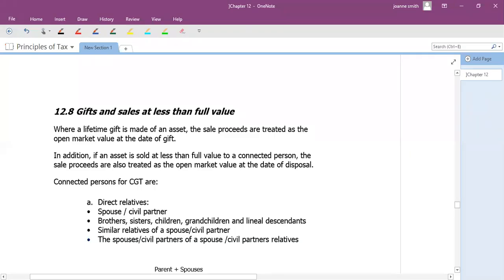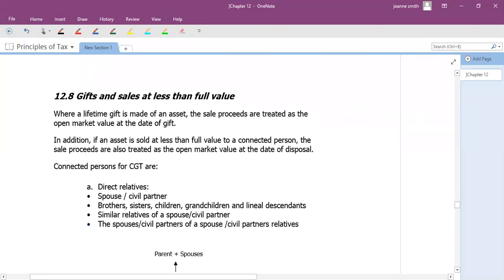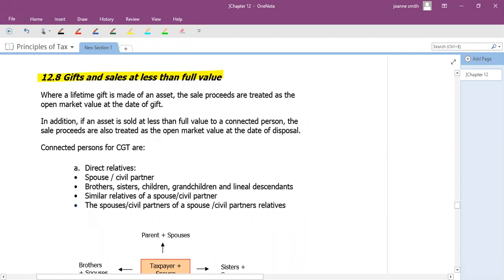Now, most disposals so far have been arm's length transactions where we've just sold to an individual and we've just got some proceeds which we're assuming a market value. But what if we gift an asset or sell something for less than its full value? So it might say the market value is 10 grand and you've let them have it for 2,000. Well, normally if you're selling something cheap or you're gifting it completely free, it would be with a connected person.